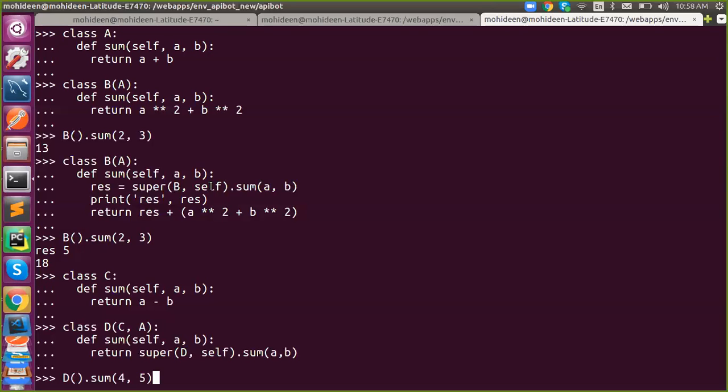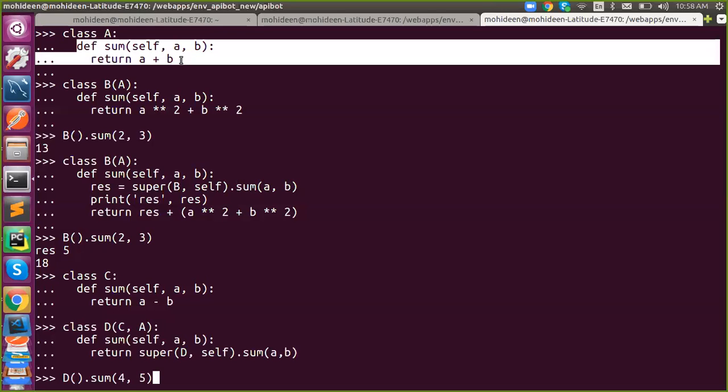That is the sum method of this one, and this is the syntax. Then you have to say self, because while calling a method we need to instantiate, right? In this case, we don't need to instantiate; super will take care of it. Instead, we have to pass self from here, and then dot sum. While calling a method, we don't need to pass self, just pass anything left out. So this method will be executed. My input is 2, 3. The answer will be 5. In print, I'm getting the result. Result is 5.